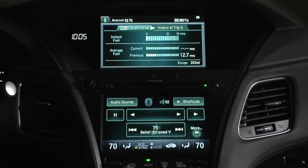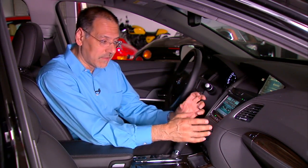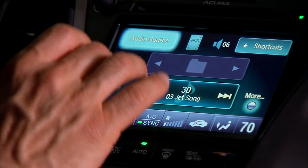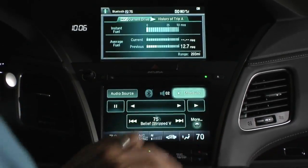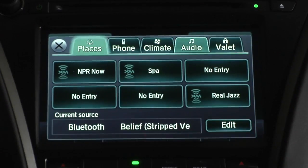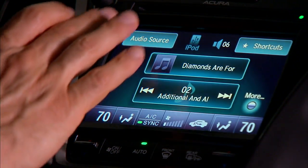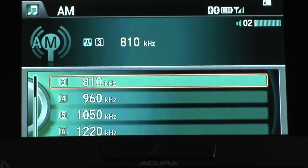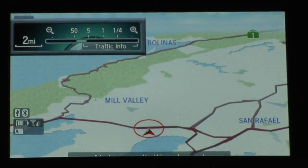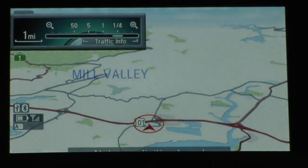Where this does succeed is a couple places. First of all, only having contextually sensitive buttons means that you can have larger ones because you only have the ones you need at a time, instead of these little fiddly ones that Acura is known for. I also like this. This is a shortcuts menu here that is sort of a clipboard. You can shortcut any number of vehicle settings or menus into this area. I will say that these two screens are beautiful looking now. Acura has completely redesigned what they do on LCDs, except when you go here. That's the same map basically we've been seeing for 7 or 8 years in Acura Honda products,